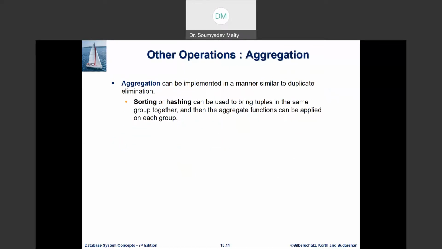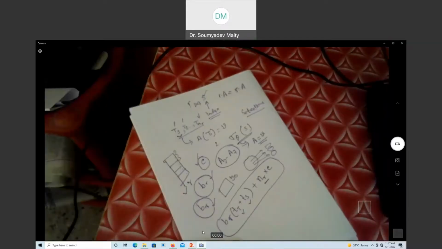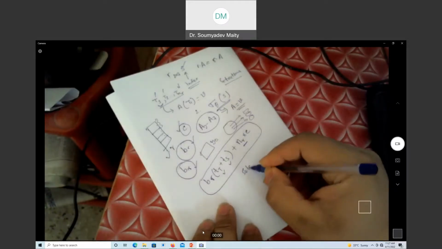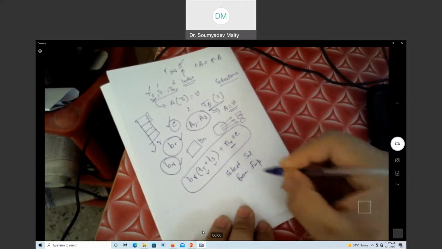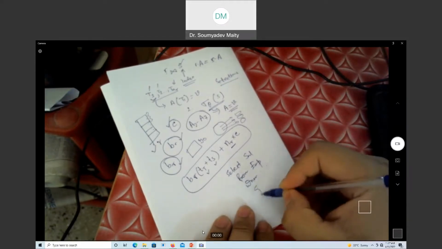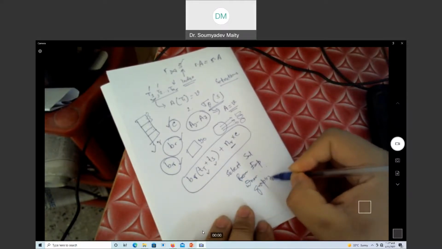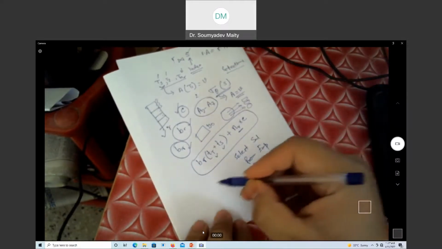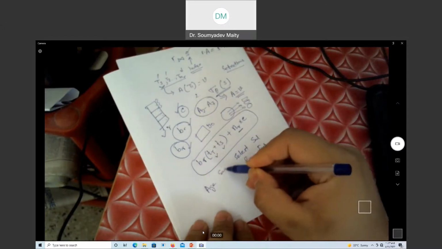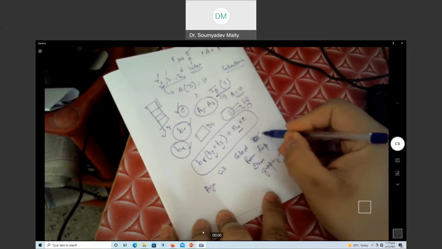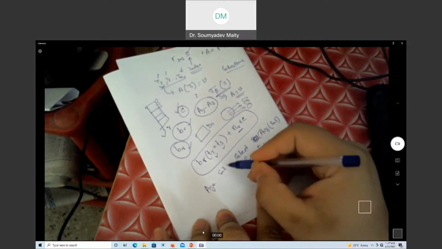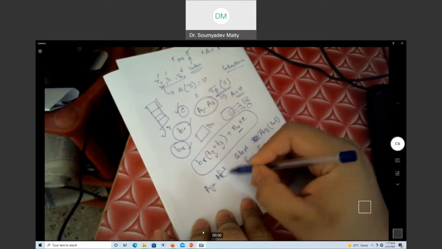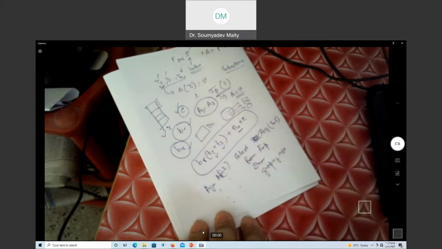Next operation is aggregation. Aggregation is some kind of group by operation, like the queries that you might have seen. Suppose: select salary from employee, there can be some where condition also, group by age. So what kind of output are we expecting? Age, and this is not salary, some aggregate function, average salary or max salary. So this will be average salary, and the data will be